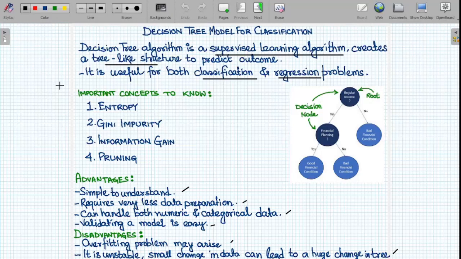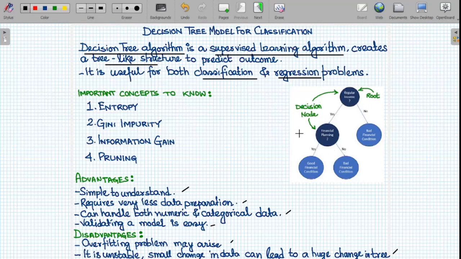Hey everyone, in our previous session, we discussed logistic regression to solve classification problems in machine learning. However, there are some cases when logistic regression will not be competent enough to solve classification problems. In such situations, the decision tree algorithm helps us to solve a few of the classification problems in machine learning. Hence, along with logistic regression, we also should learn the decision tree algorithm, which is a supervised learning algorithm,